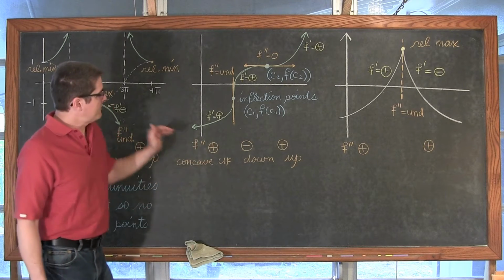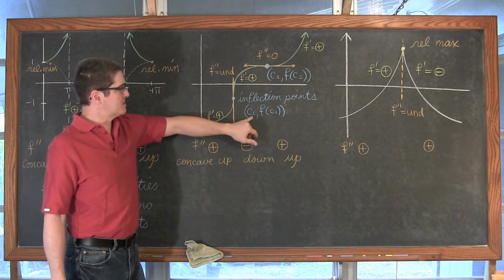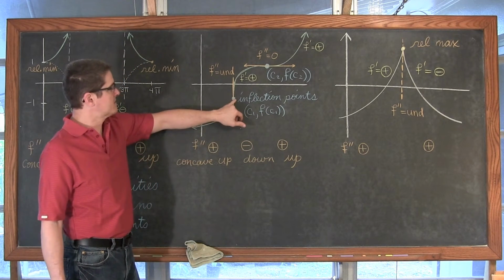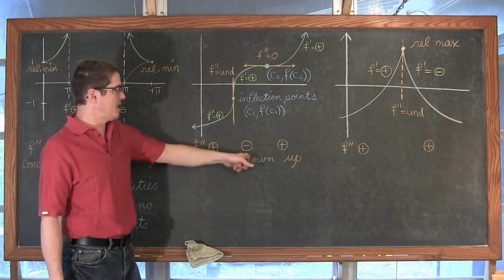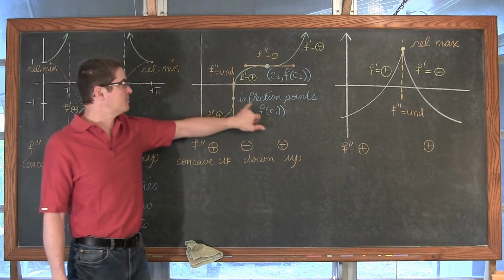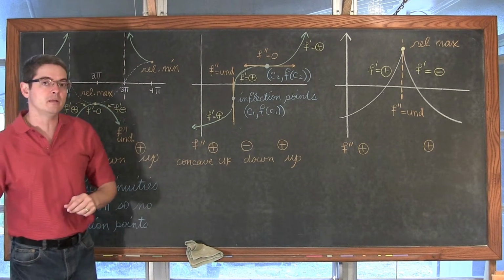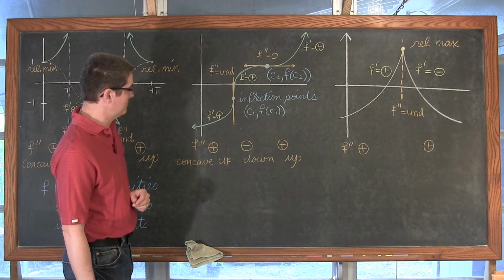Now this one I've drawn is smooth and continuous everywhere, so we have inflection points at c sub 1, f of c sub 1. So when I find that interval where the concavity goes from being positive to negative, then I'm going to want to take that value of c and plug it back into the original function to identify the inflection points that I'm sure you're going to be needing to find and tell your teacher, just like my students are going to need to do.